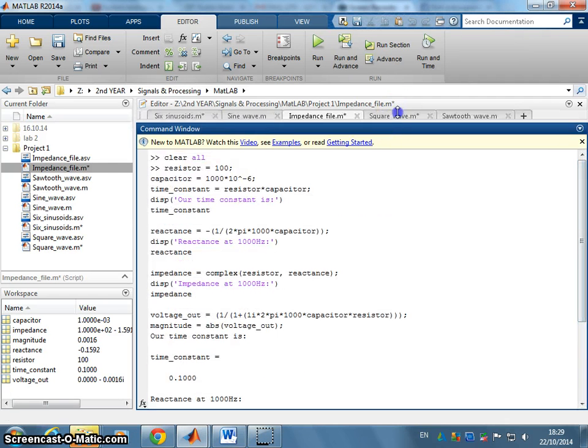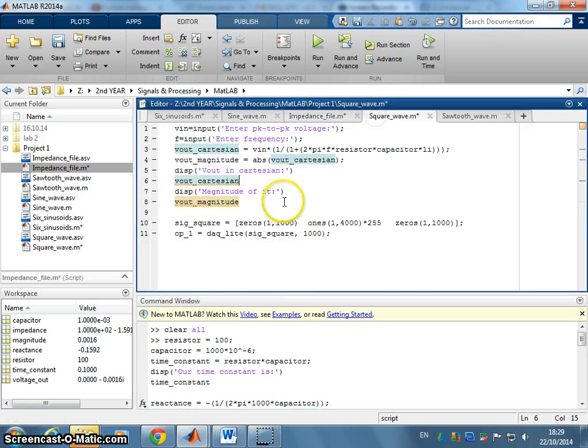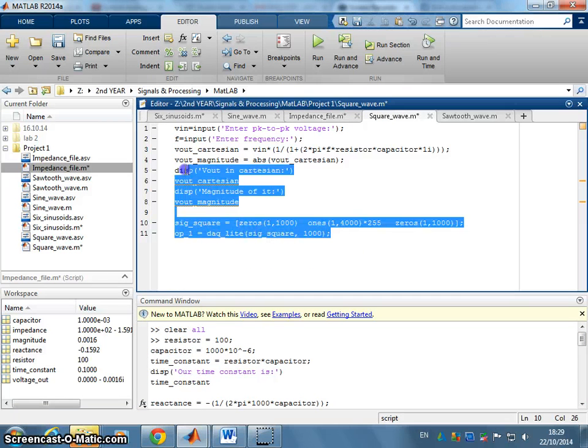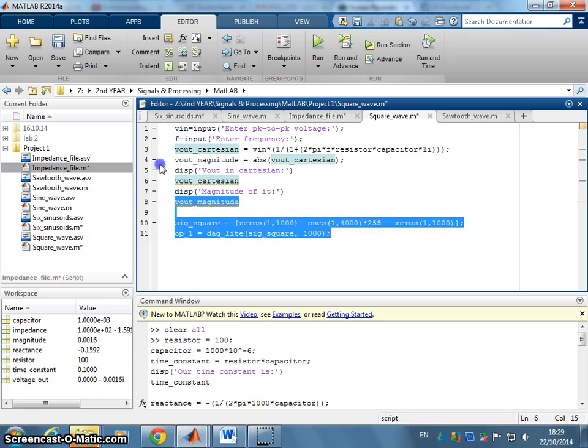So since we have that in the memory of the program, we can jump straight into the square wave, which is this piece of code right here. From last year we should know that to fully charge a capacitor we need 5 time constants. 5 times the time constant gives us 0.5 of a second, which is pretty fast. I'm just going to run that,